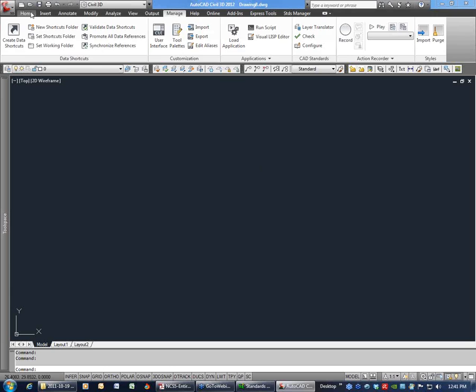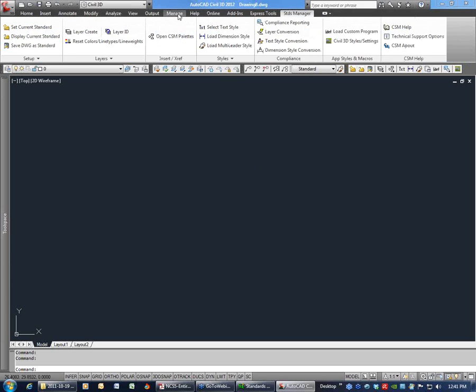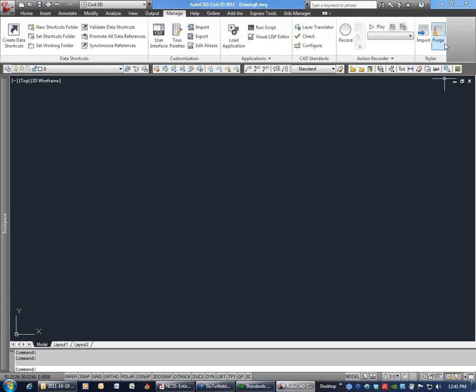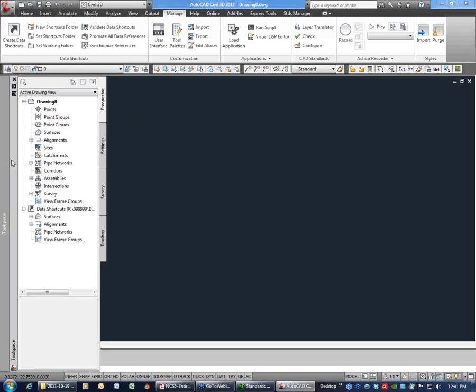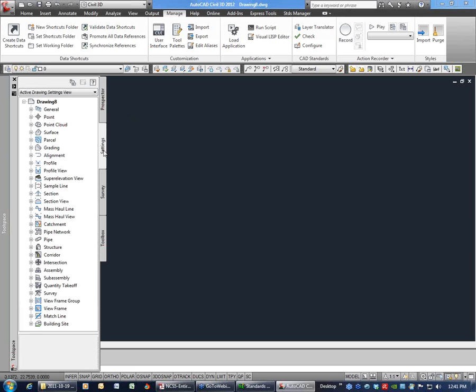So I wanted to point out in the Manage tab of Civil 3D, there's Standards Manager. In the Manage tab, there's a section over here to import and purge styles in Civil 3D. Some people know about it, some people might not. But just to show you here on the Tool space, if you know somewhat about Civil 3D, in the Settings